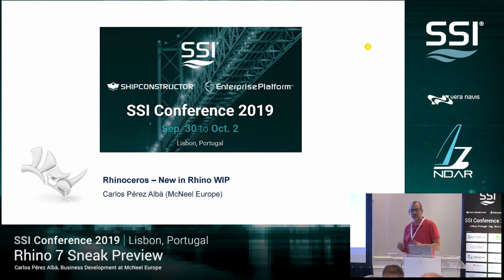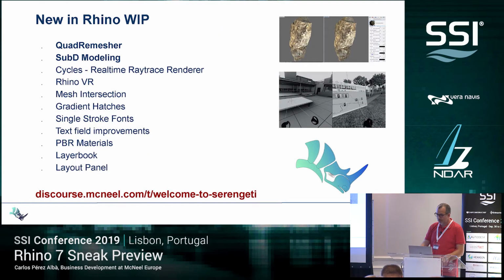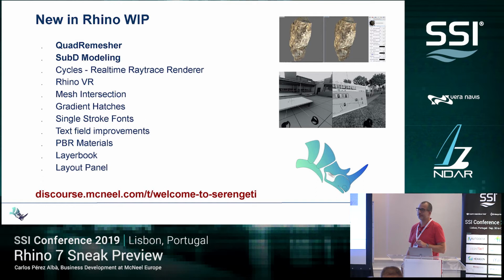As you know, we always have our development process. In our development process, we always try to involve our customers as much as possible. So there is always a work in progress version. Users of the last version can try, give us feedback, test any new functionalities, etc. And currently, Rhino 6 users can go to our forum, to the Serengeti section, and download Rhino work in